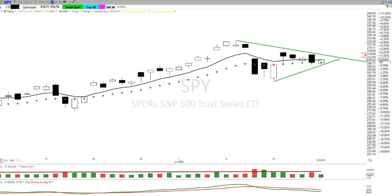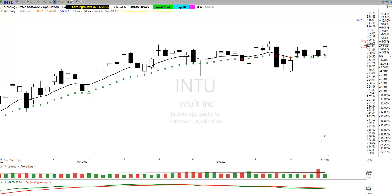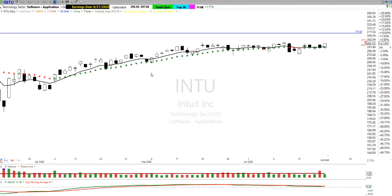All right, let's take a look at some trades. Let me get them set up here. There we go. INTU is looking pretty good. We've got a nice bullish trend on INTU. We put in a little bullish candle here, not quite a bullish engulfing and not quite a morning star signal. Although we did have some very nice follow through, and the follow through has held up